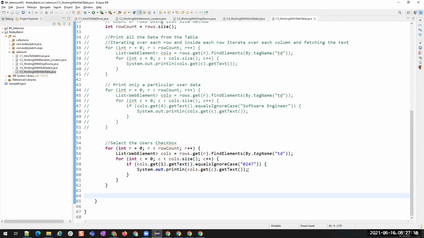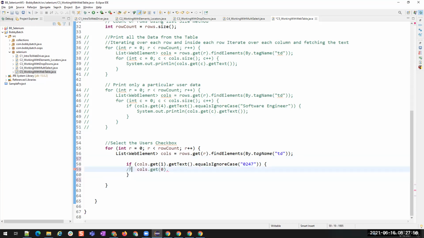Now, if it is matching, I don't want to get all the text and print it. What I want to do is select that checkbox, right? On that row, I want to select that checkbox. So get of, in which column the checkbox is there. You can hard code it to 0. I don't need it to iterate over each column. Iterating over each row is enough for me here.